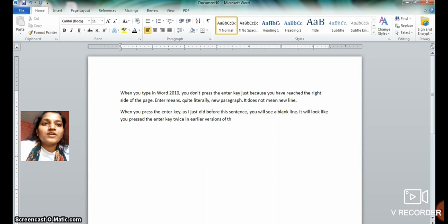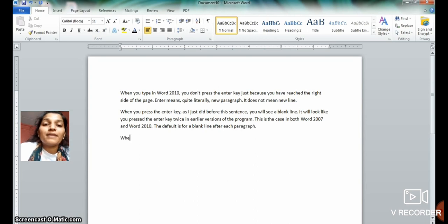In earlier versions of the program this is the case, in both Word 2007 and Word 2010. The default is for a blank line after each paragraph.